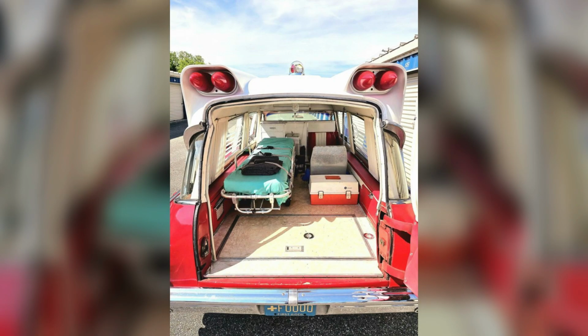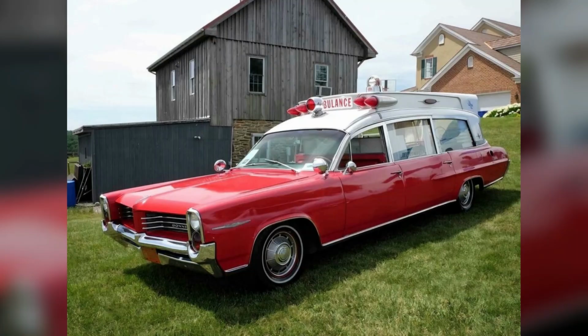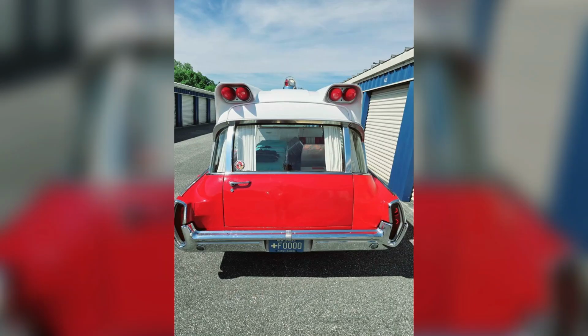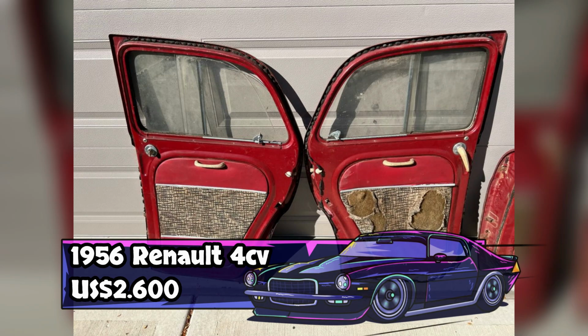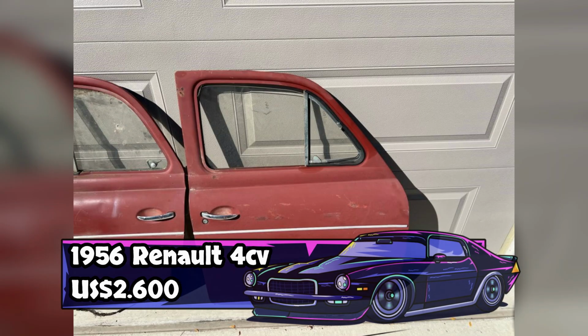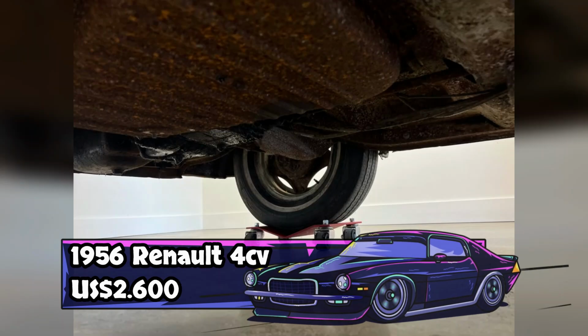The sale includes some first aid equipment, such as a stretcher. Located in York, Pennsylvania, the ambulance comes with a clean Maryland title, and no trades are being considered. Number 19. The 1956 Renault 4CV, priced at $2,600, is a mostly complete project car with additional Renault Dauphine body